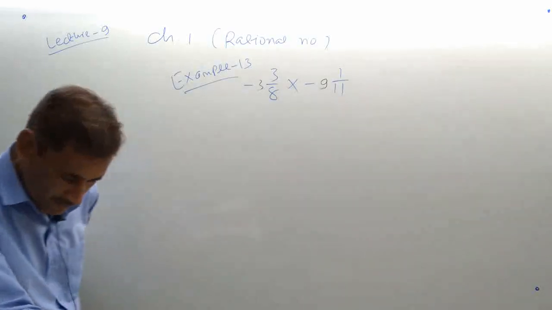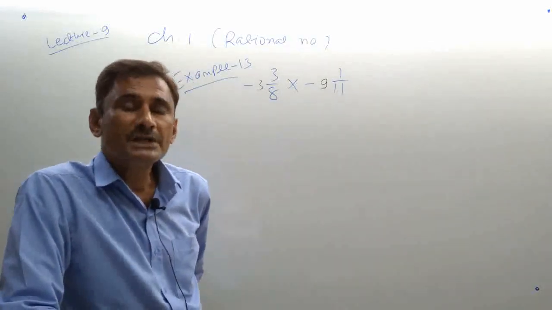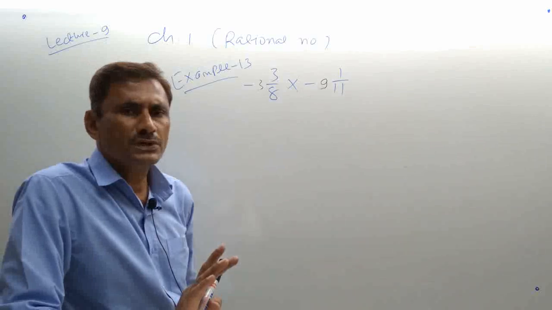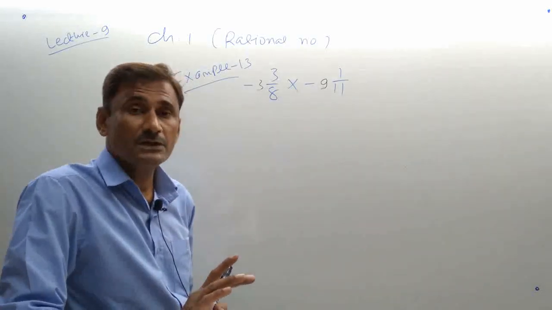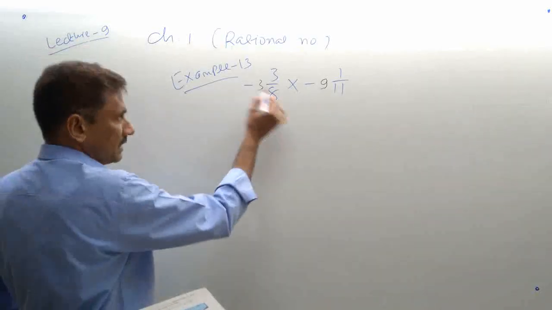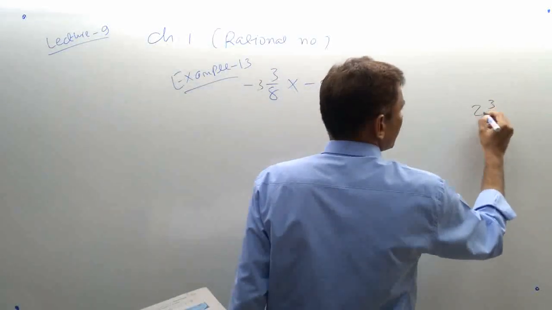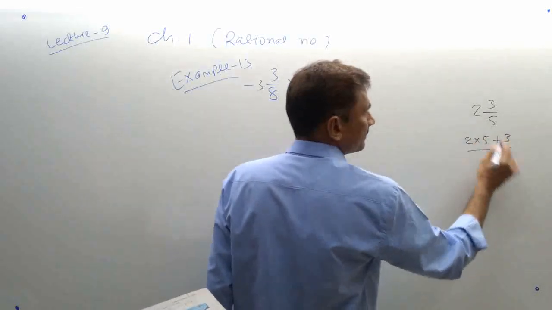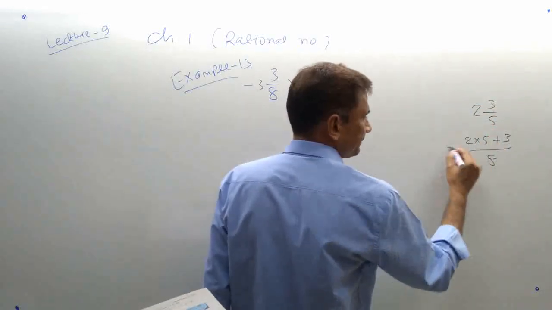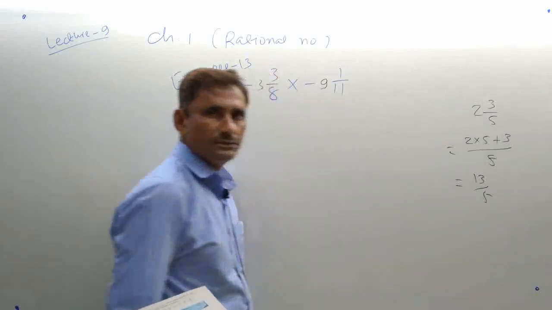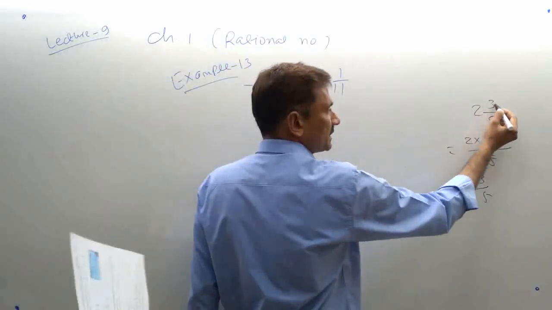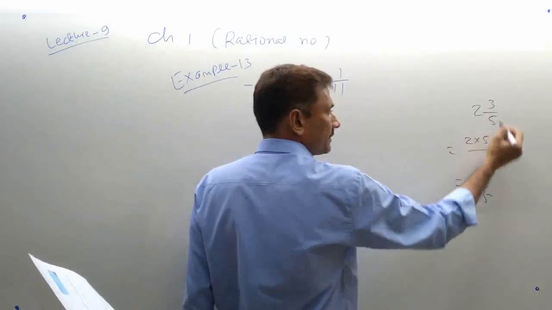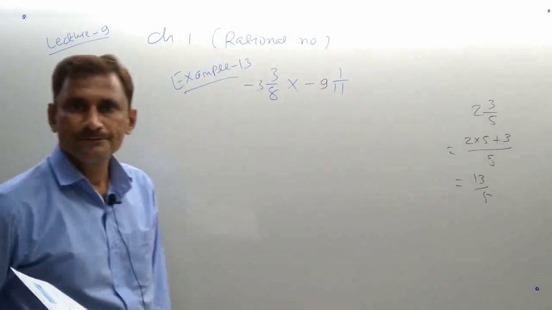So first of all, whenever you get a mixed fraction, convert it into an improper fraction, which means just a fraction. No need to keep them as mixed fractions, convert instantly. So you know how to convert them. 2 integer 3 by 5 will be 2 into 5 plus 3 upon 5. 5 2s are 10 plus 3, 13, so 13 by 5. Did you understand how to convert it? The denominator remains the same.